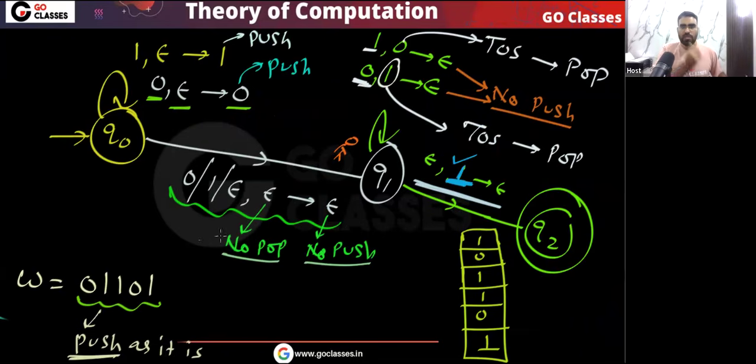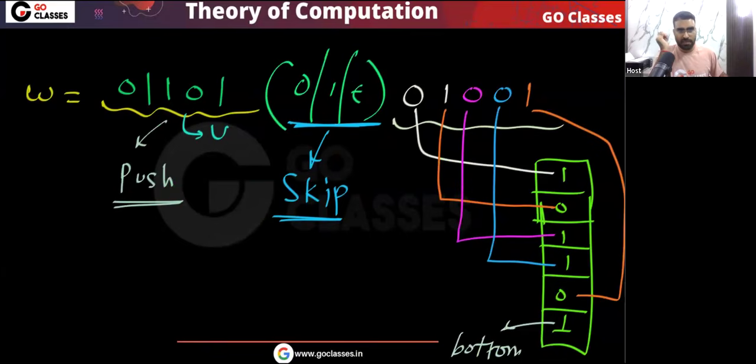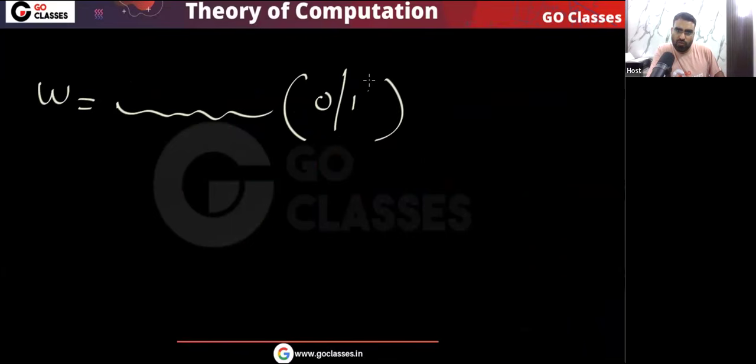Okay, so that's it. So tell me which type of strings are accepted here. Please tell me. If you look at it, it is happening like this: if your string W is here, then you are skipping one symbol, either 0 or 1 or epsilon. Let me tell you, it is like this: you have some U here, and here U complement reverse.